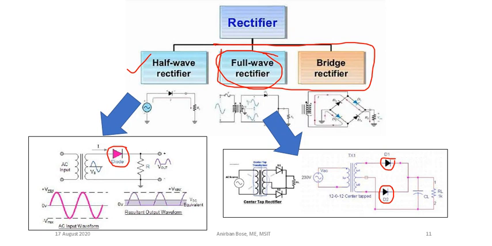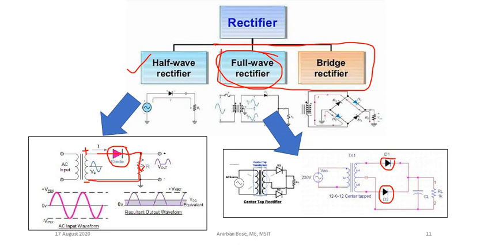Now you see how it works. Let us consider a particular half cycle. Here is the AC input. This one is the transformer, and this is the resistor where you are getting the output. Let us consider a half cycle where here it is plus and here it is minus. At that time this diode is in forward bias, so current will flow in this direction, and the circuit will be completed. So you will get current in the half cycle.